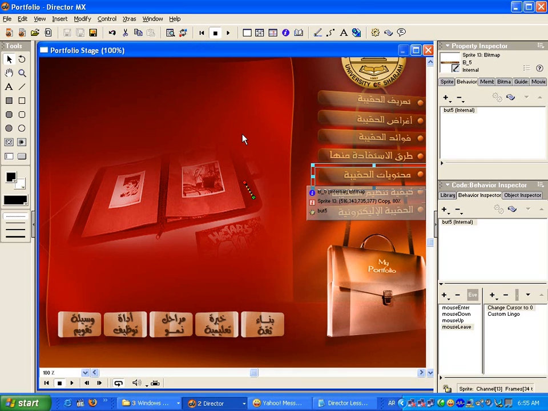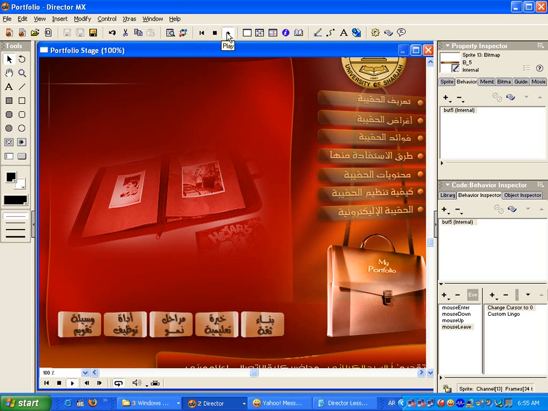Button interactions, cursors. Let's test this movie. When we play like this, try to test this button. When we point over, that means, as in the previous lesson, it's coming inside the button. On mouse enter. When we enter the button,